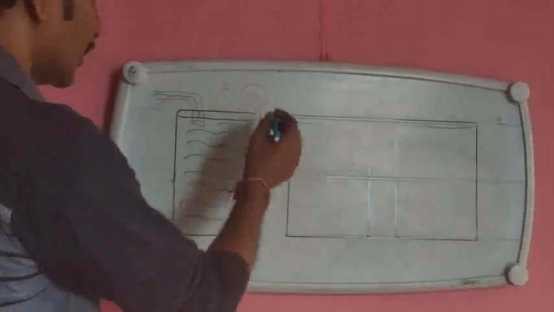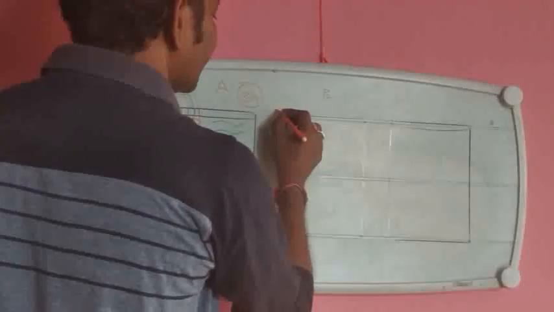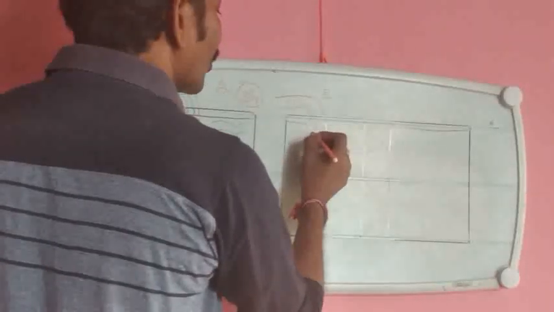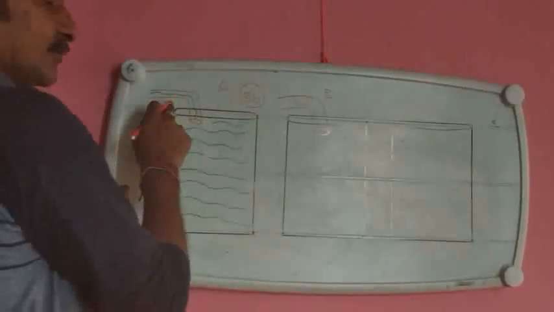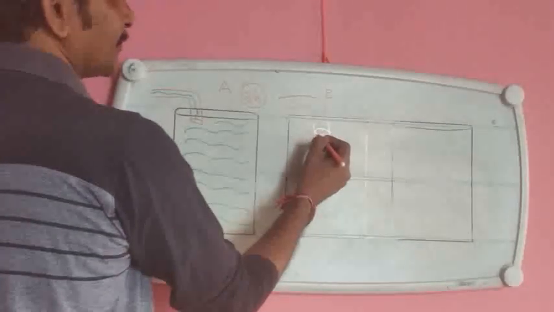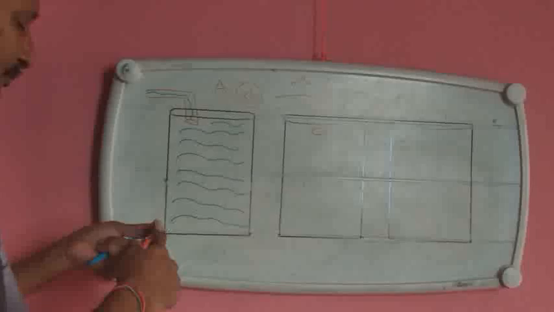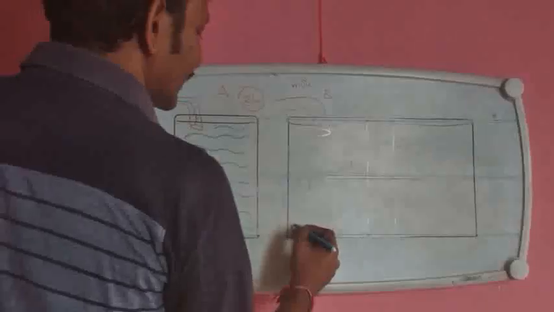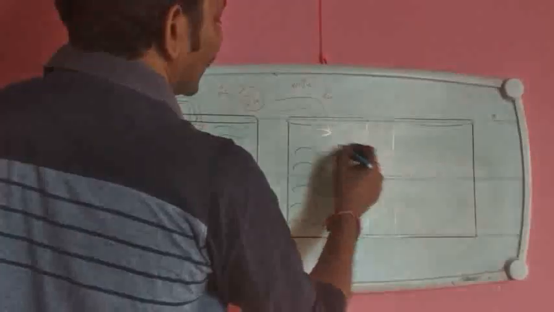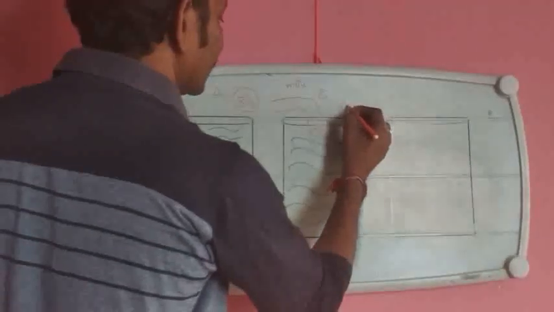Clear to everybody? Now I will take tap B. This tap has a little more diameter than tap A. The area of cross section is more, which means the diameter of the tap is more. Then what will happen? I am assuming that it will take 2 hours to fill this one. Here, 2 hours. Clear to everybody?